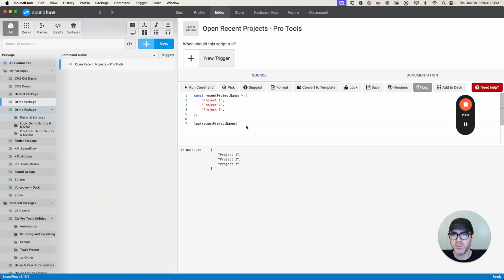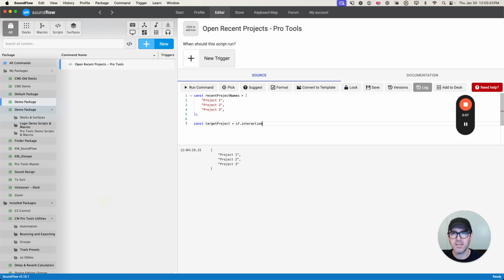So now what we want to do is we want to put this into a pop-up menu. So we need it to show a pop-up menu, and then we need to get the user selection from that pop-up menu. So to do that, we're going to go const target project name equals, or target project. Let's just call it target project for this. I'll explain why I've removed the name section later. Okay, so target project, and we're going to use